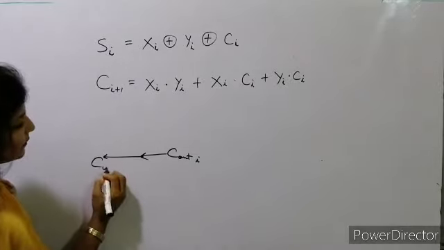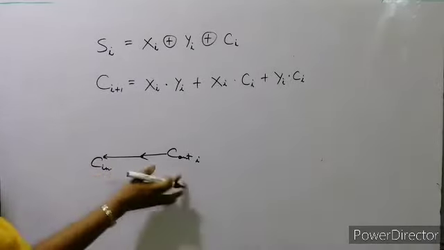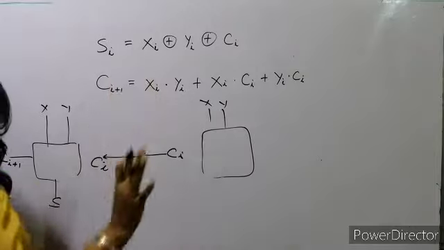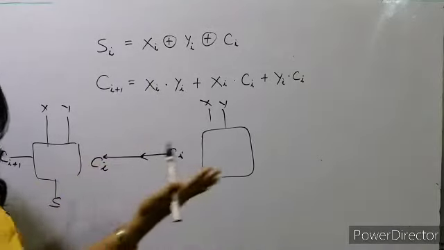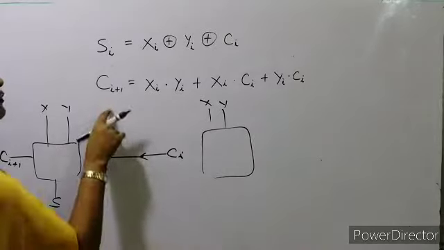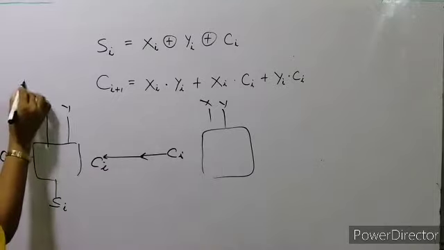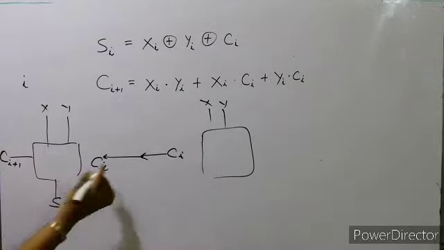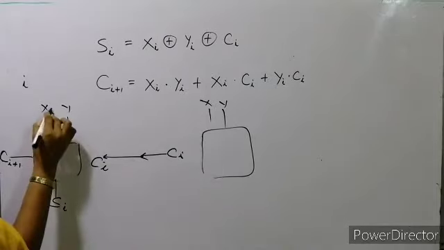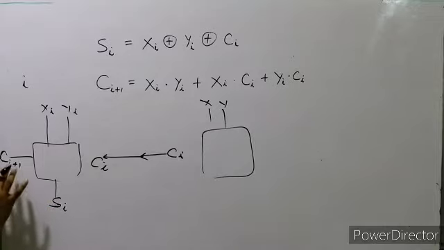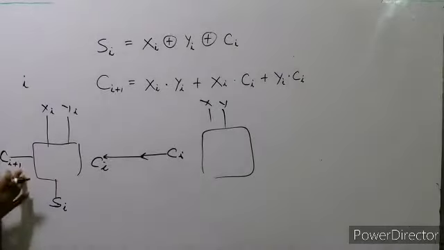Okay, C in for which position, the position after i. So why we have taken Ci plus 1, because carry in is given to us, which is coming from the lower order bit, and we have to find out there will be two outputs Si, this is ith position. Okay, so at ith position Si, this is input Ci that is coming from lower order bit. Okay, so Xi, Yi, Ci, these all are input, and output will be Si and Ci plus 1. Why i plus 1? Because this will act as the input at next higher level. Meaning for Ci plus 1 it will act as input.